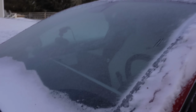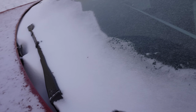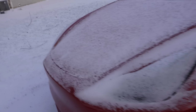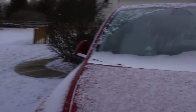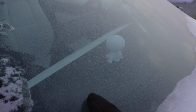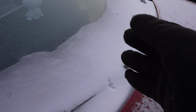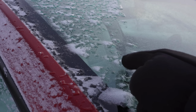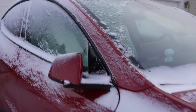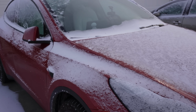Also, the windshield does have a thin layer of snow on here and a thick layer down there, so I want to see how much of that is going to melt. What I like about this is that we have kind of a lucky streak here. We got thin ice right here, heavier ice down here, or like the fluffy snow, and up here we got that hard ice, the kind you usually have to scrub really hard. So I want to see how much of that is going to melt,